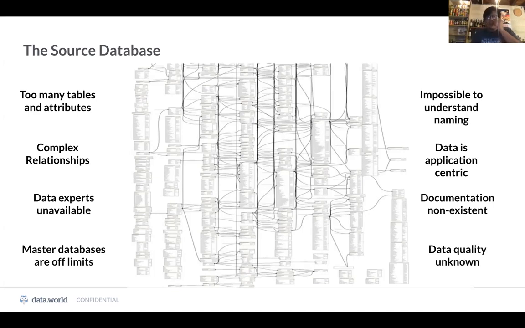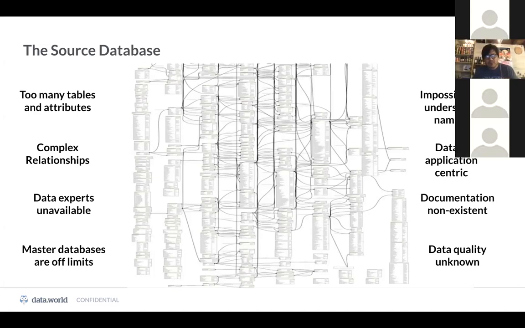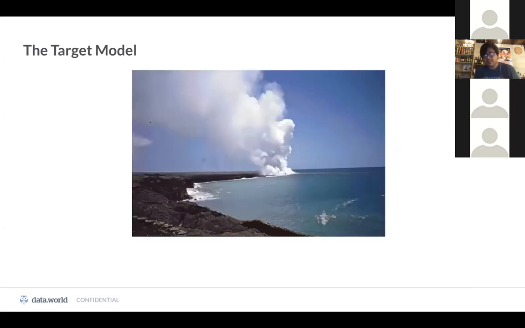And then frankly, the other issue is that you don't even know what the quality of the data is, how much you can trust the data. You see there is a null value in that database. What is that null supposed to mean? How do you know what the quality is and can you trust this? And all these issues happen, and we're just talking about one particular database. Imagine we start going to multiple databases. So I'm sharing with you observations of the real world in these large enterprise databases. So let's talk about the target.